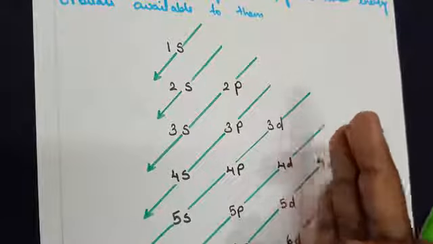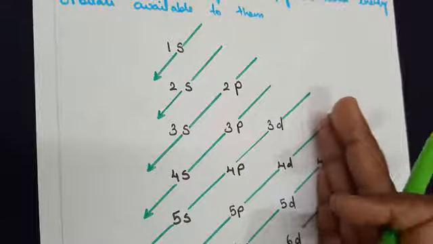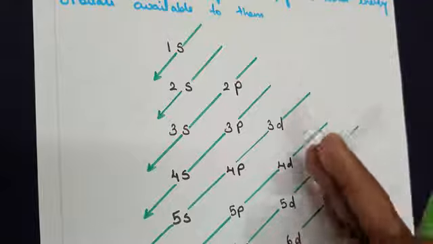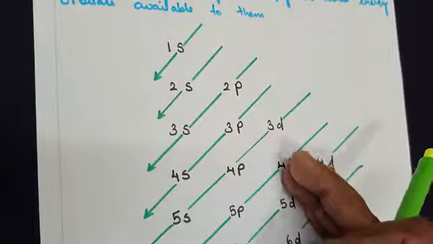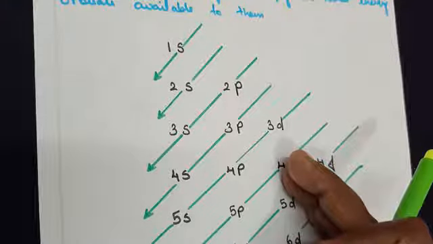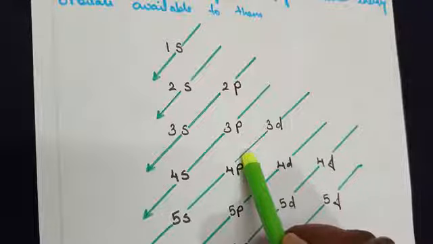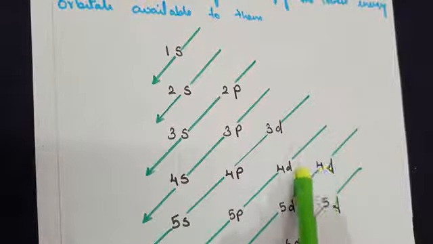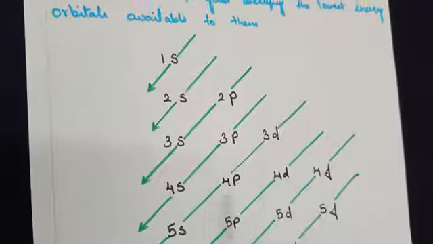Moving on, this particular way of writing the Aufbau principle is very, very important for you to write down the electronic configuration for any element that is being asked. If you make a mistake here, writing the electronic configuration will go wrong. If your electronic configuration is wrong, the entire concept you are learning in chemistry will go wrong. This is a very important but interesting topic, nothing to get bothered about.